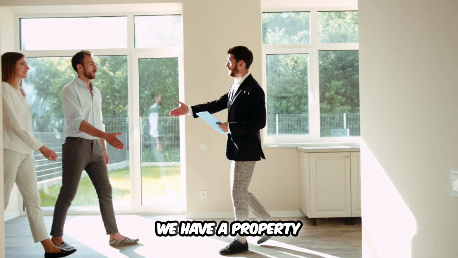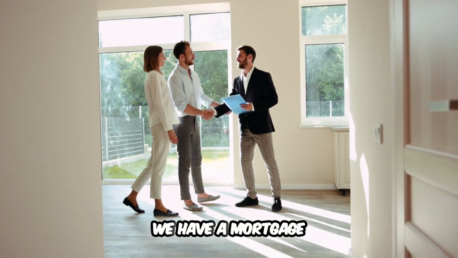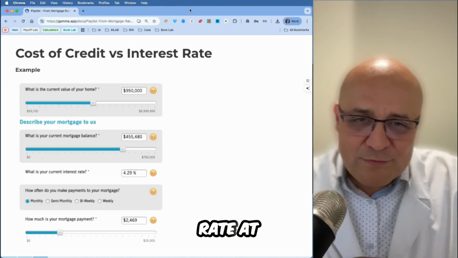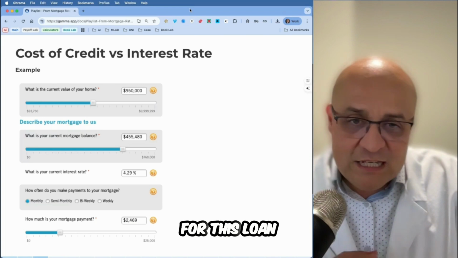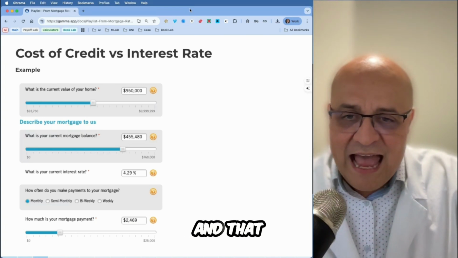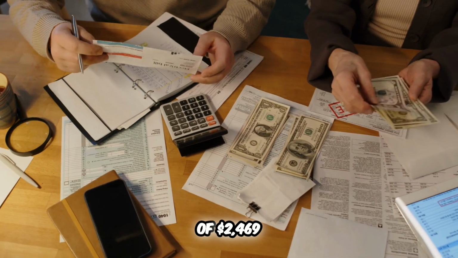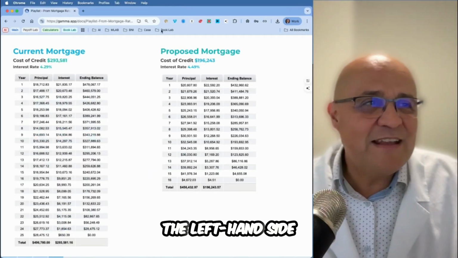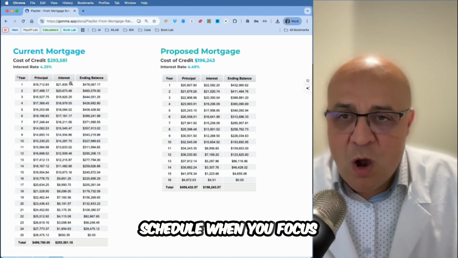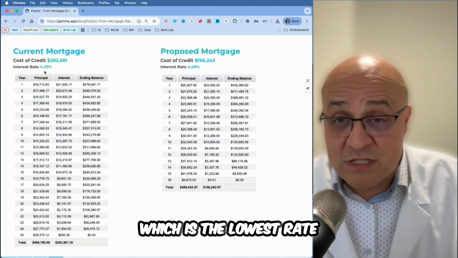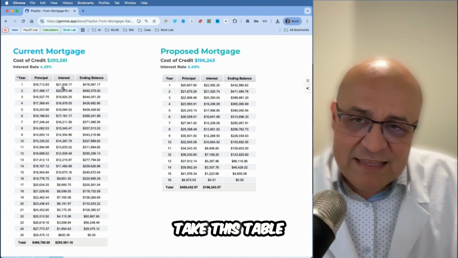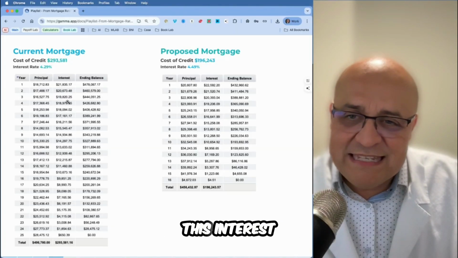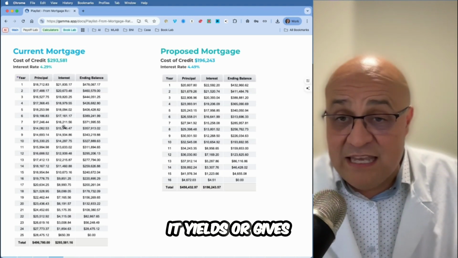We have a property worth $950,000. We have a mortgage of $455,480. We negotiated the best rate at this time for this loan, which is 4.29, and that yields a payment of $2,469. Now, this graph here on the left-hand side, you have the amortization schedule when you focus on the rate, 4.29, which is the lowest rate. And then if we take this table, this is over the 25 years of the loan, and we add all this interest,